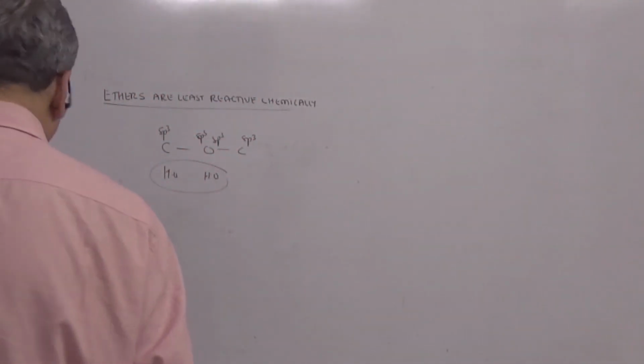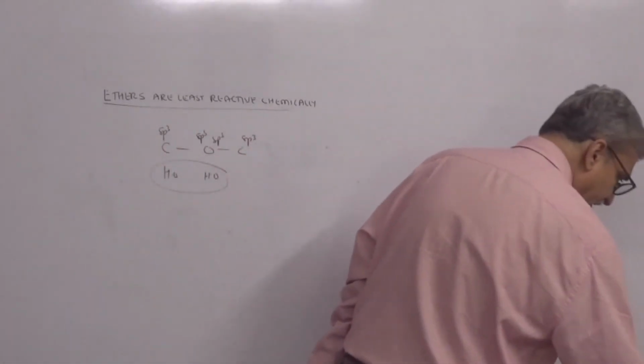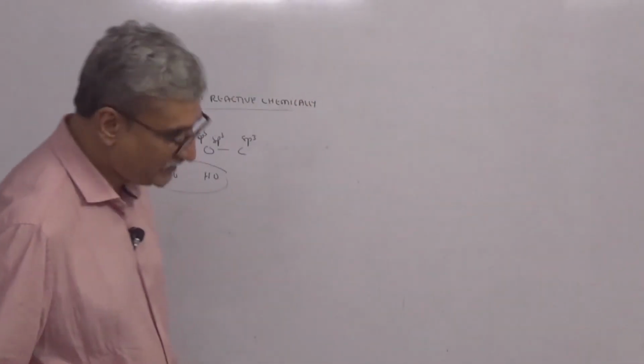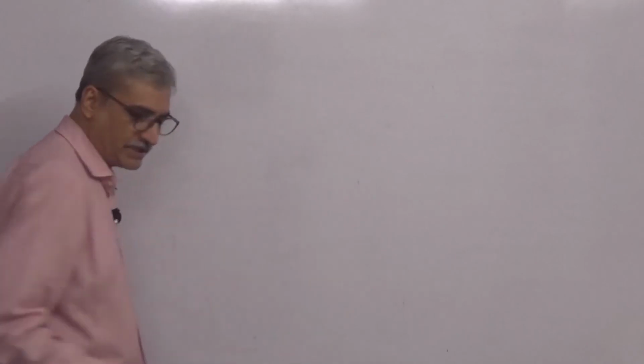अगर reactant bond ही break नहीं हुआ तो product कैसे बनेगा? So that is why, because it's chemically unreactive, we have very few reactions with ether. Is this clear? And one of the reactions is reaction with hot and cold HI.